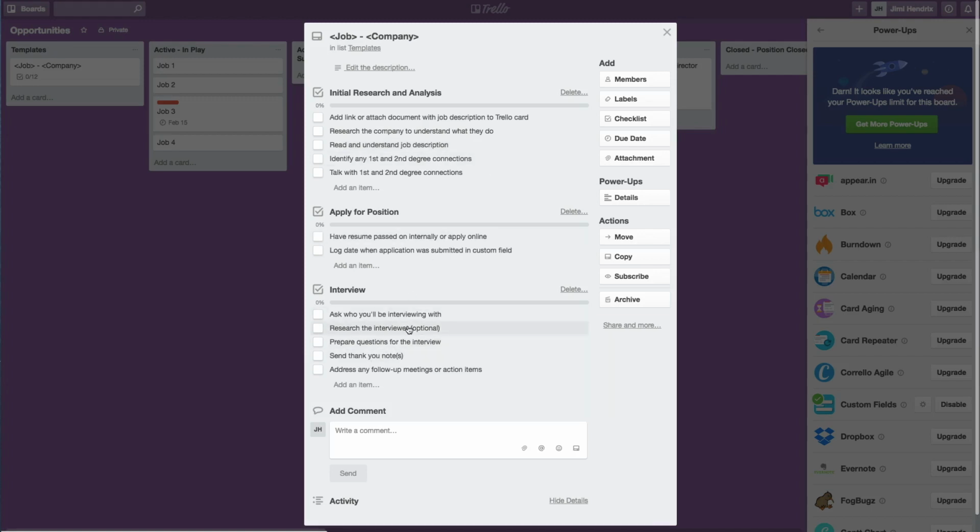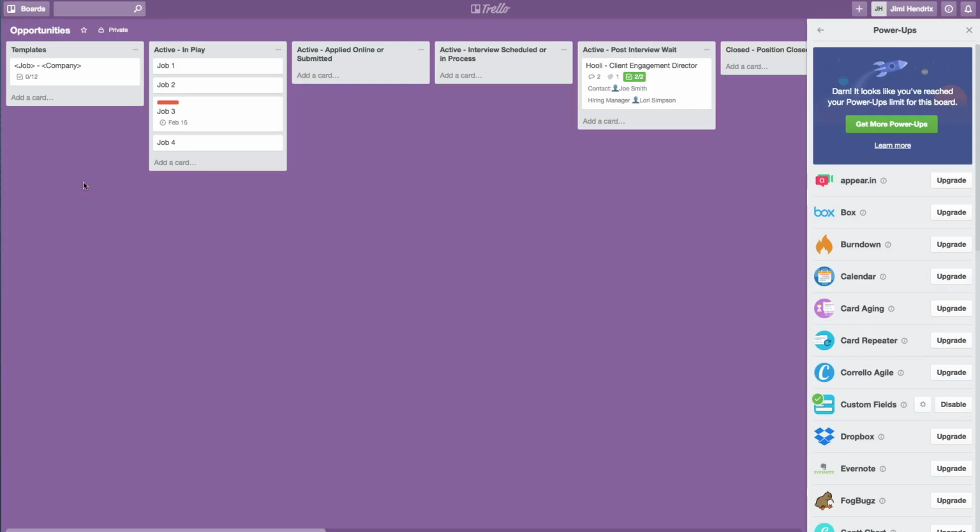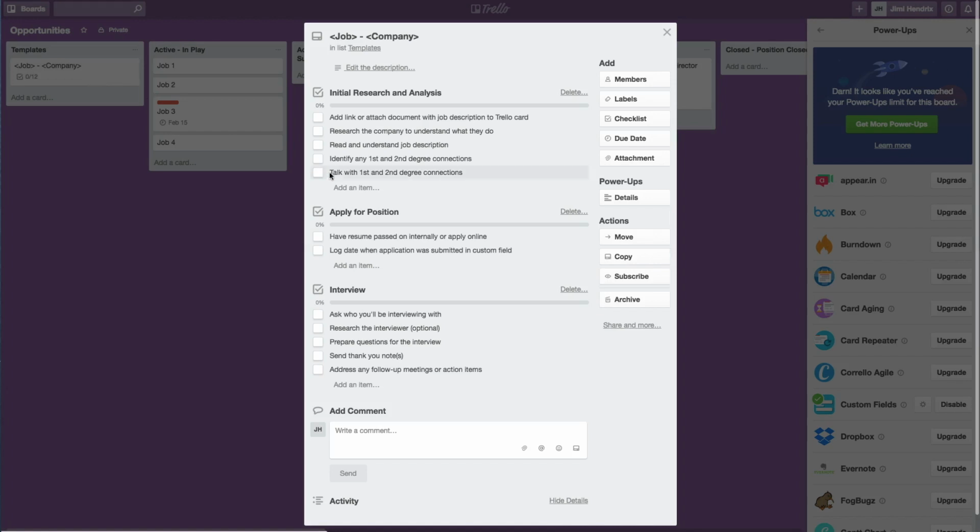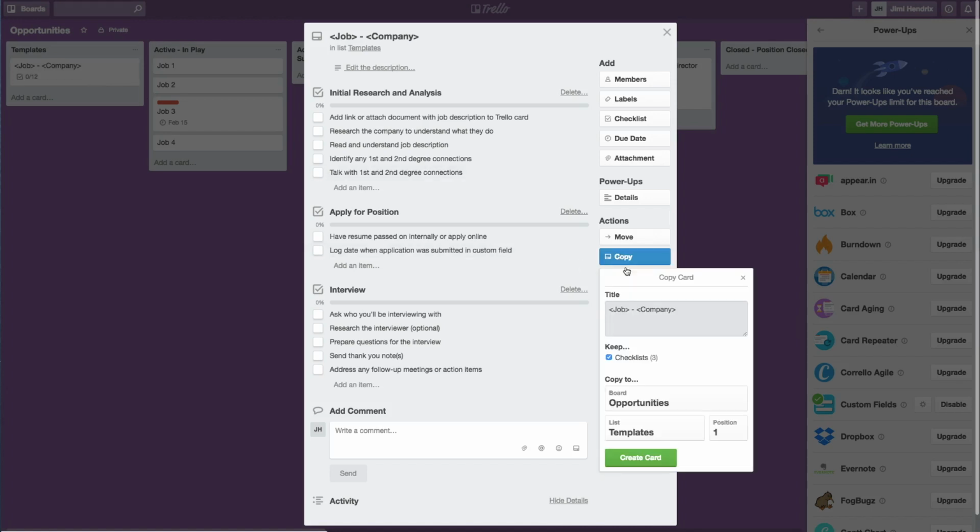Ask who you'll be interviewing with, research the interviewer, possibly on LinkedIn, prepare questions. These are all things that you'll want to do, but for certain opportunities, you may want to track this on an opportunity by opportunity basis. And so if you find that it's valuable to track an opportunity, especially a high interest opportunity, with that level of detail, instead of creating a new card, you can click on the template card, click on copy, and then